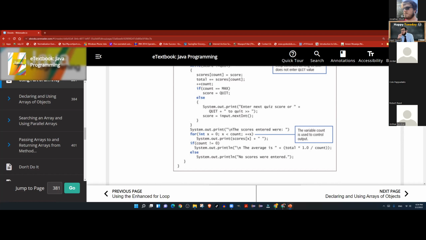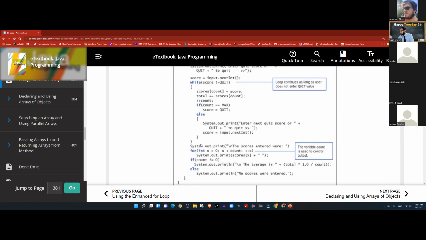The main reason is because there is no guarantee as to when the user quit. If you go by the length, that means you want to run the length of the entire array, and the user might have quit after the third value.